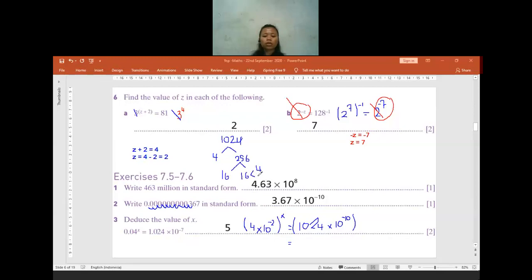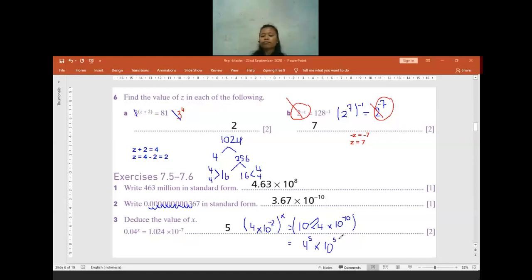I can break the 16 down into 4 times 4. I know this is not really a good factor tree, sorry, not enough space. And then the other 16 I can break down into 4 and 4. So in the end I can see there are 5 numbers of 4. So it will be 4 to the power of 5